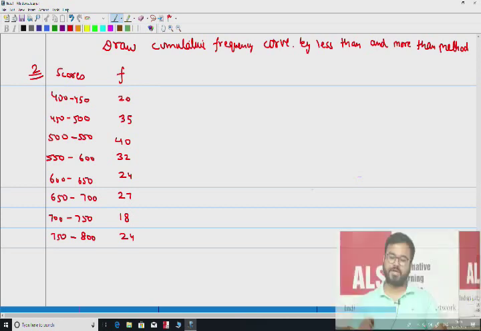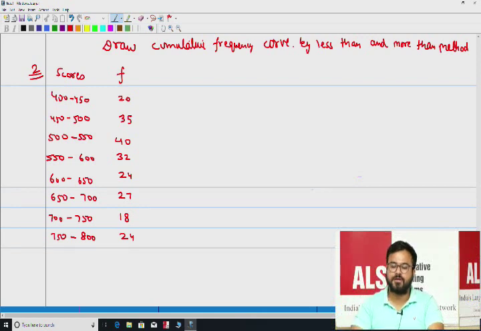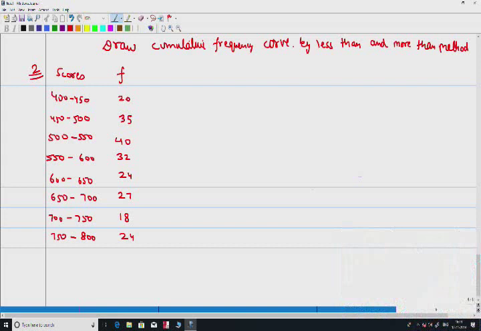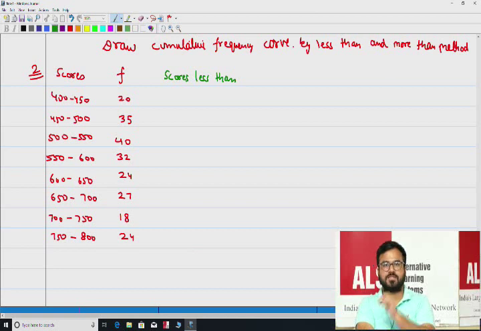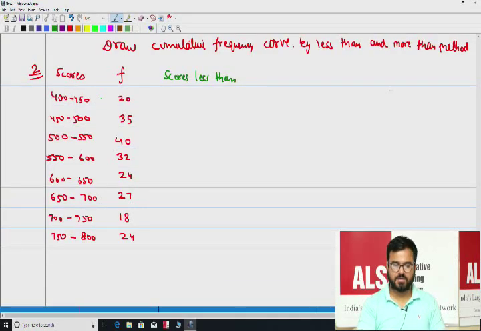Okay, so now it is asking us to find the cumulative frequency curve with the help of the less than and more than methods. So we will find the cumulative frequency of both of them. First of all, do scores less than. In case of less than, we have to consider the upper limit of every class. So scores less than 450, less than 500, 550,